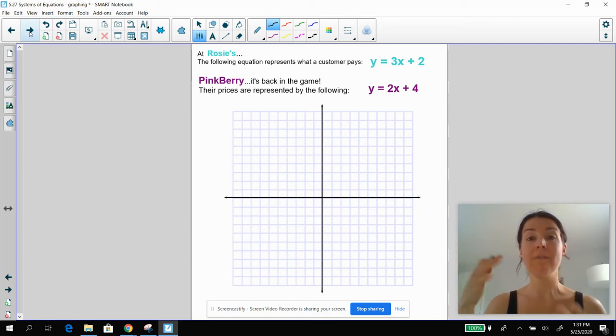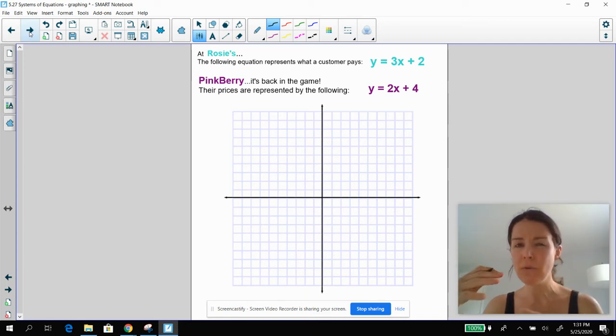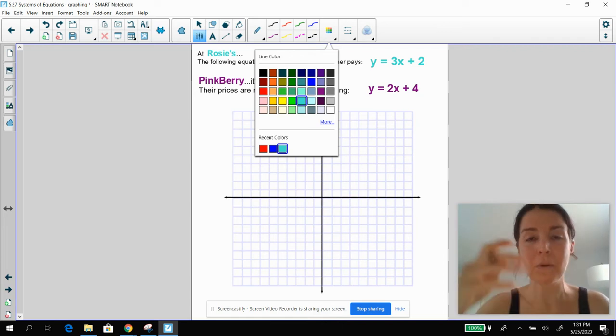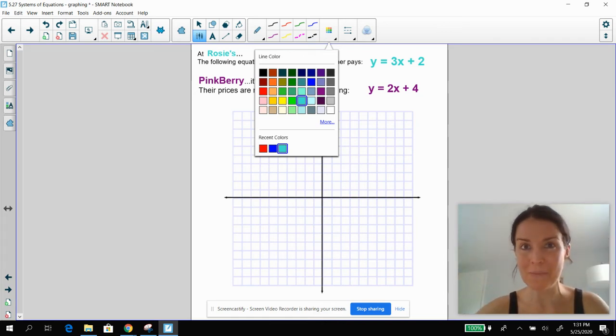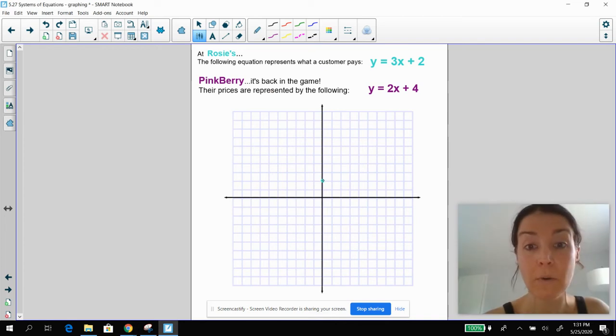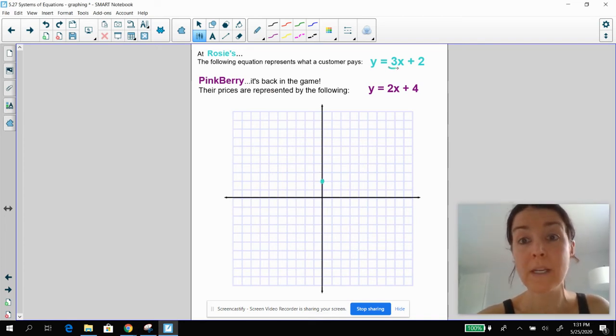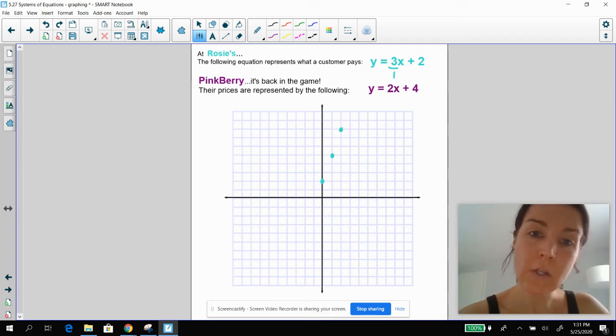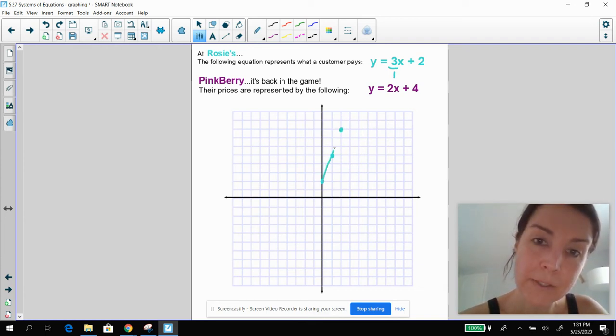So, interesting. If I'm going to compare these two, I'm going to throw them onto a graph just to understand it a little bit more. So let's go ahead and graph these guys. Do it in your head while you watch me just to make sure you're feeling comfortable. So let's do Rosie's first. Our y-intercept, or the price of our cup, is 2. And so then our slope is going to be 3 over 1. So I'm going to go up 1, 2, 3 over 1, up 1, 2, 3 over 1. Cool. So there's my line that represents